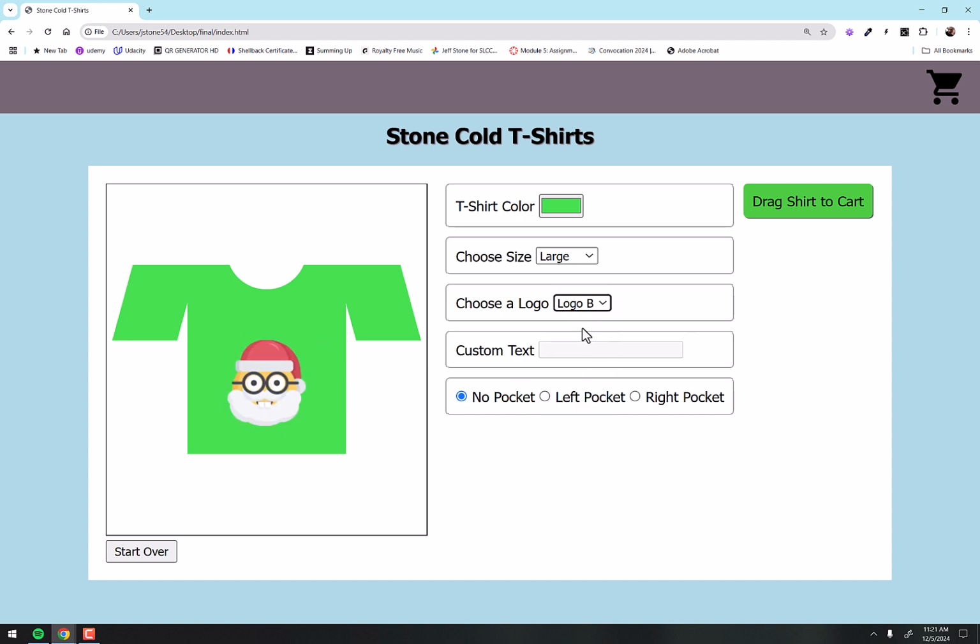It pops in there like that. And notice two that the custom text is no longer available. And three, it is draggable now. There's a note here that says drag it, so I can drag it. Right, I'm going to go ahead and drop it off right there. And notice when I dropped it off in my cart, I got a 1.